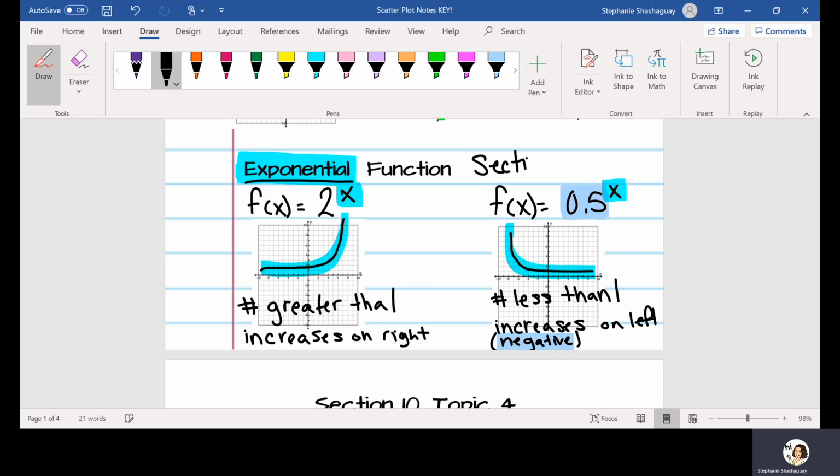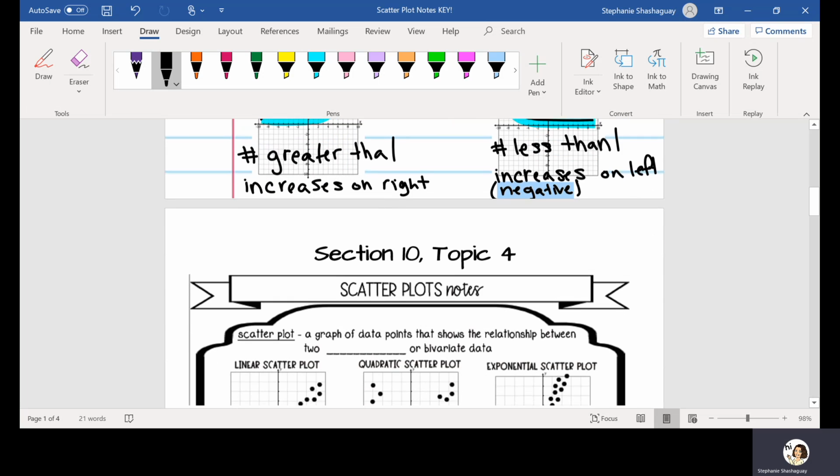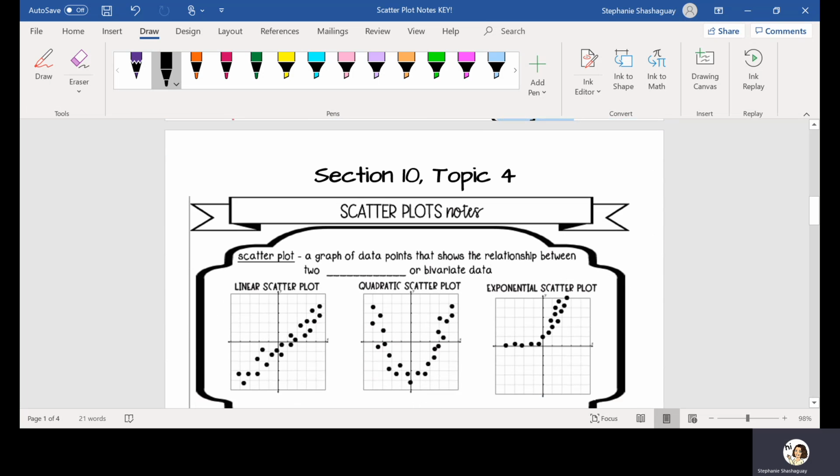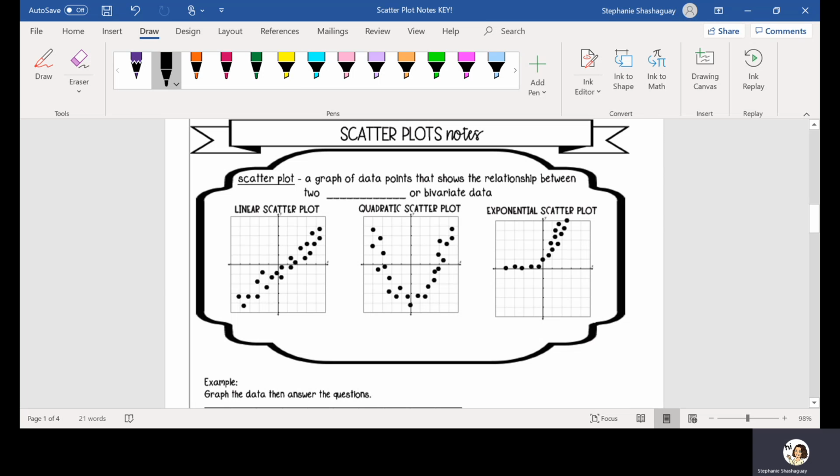But I just wanted to show you what they will look like, because you're going to have to identify the lines of best fit for these scatter plots, and they refer to, lo and behold, linear functions, quadratic functions, and